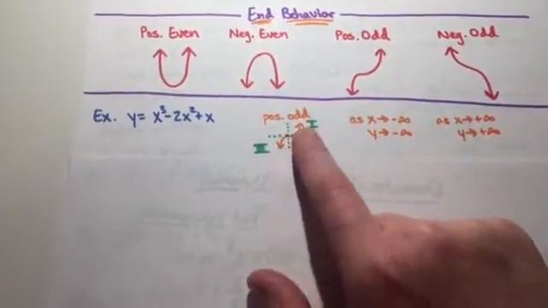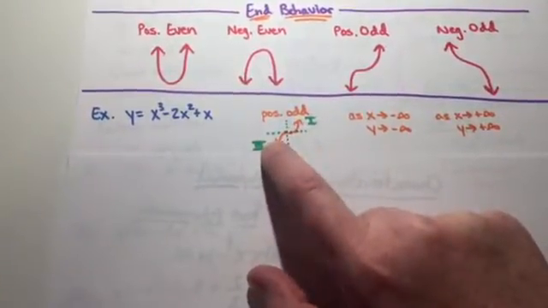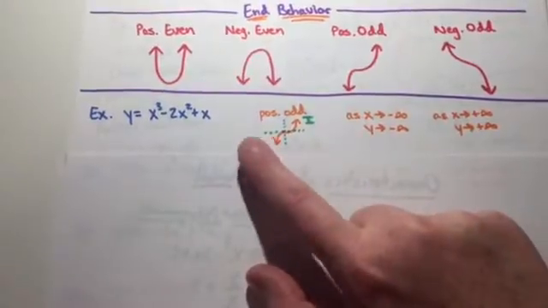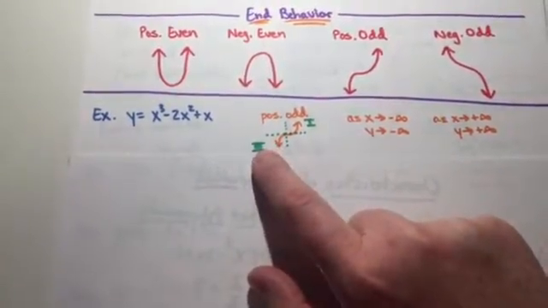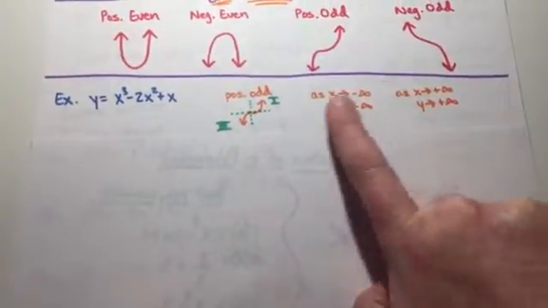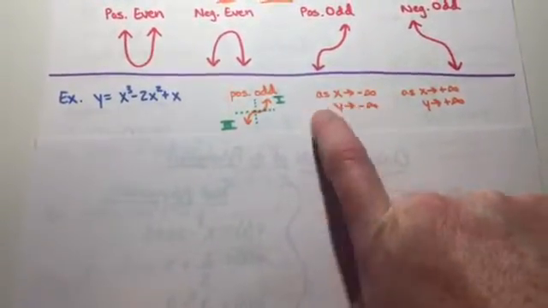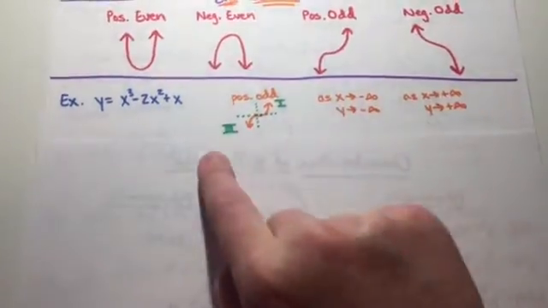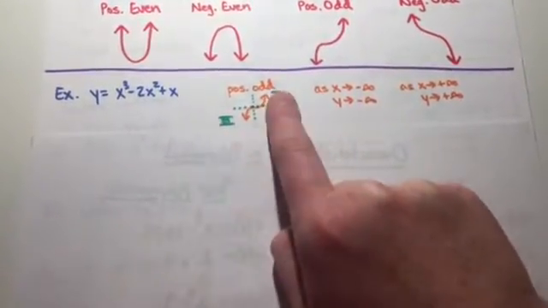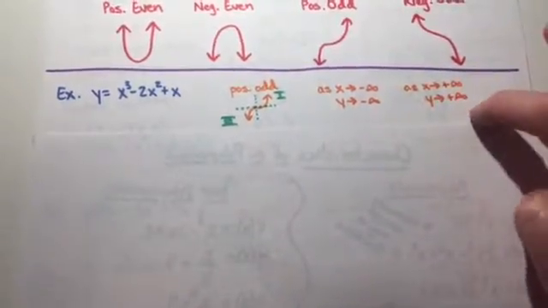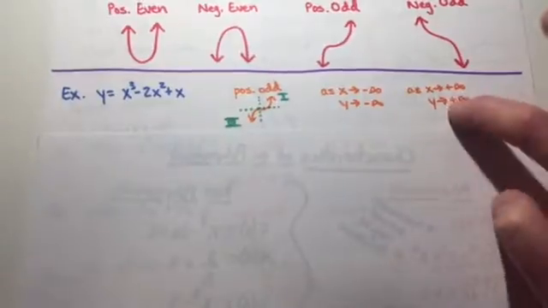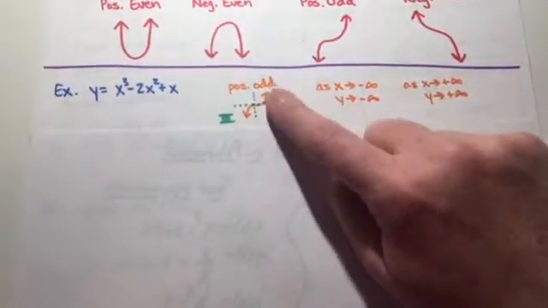So if I think of this little graph, draw it or think of it, whatever I need to do, I need to think about where these ends of my graph are heading. So this end is headed toward the first quadrant, and this end over here is headed toward the third quadrant, infinitely so. So this is how I would write that. As x approaches negative infinity, y approaches negative infinity, because that is what the third quadrant is doing. It's negative, negative. And then the first quadrant is positive, positive. So I say as x approaches positive infinity, y is also going to approach positive infinity forever because it's going toward the first quadrant.